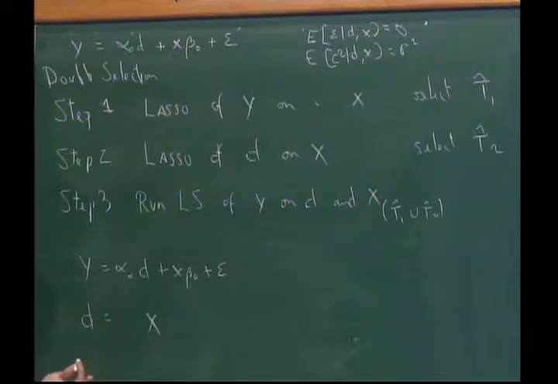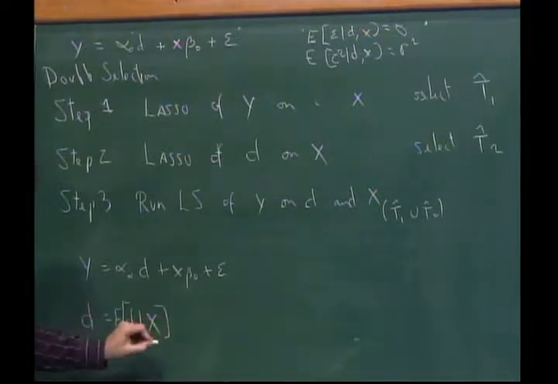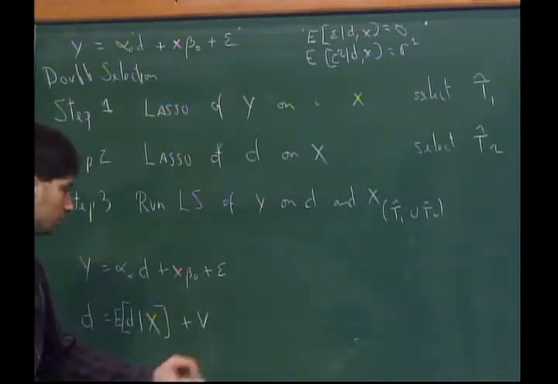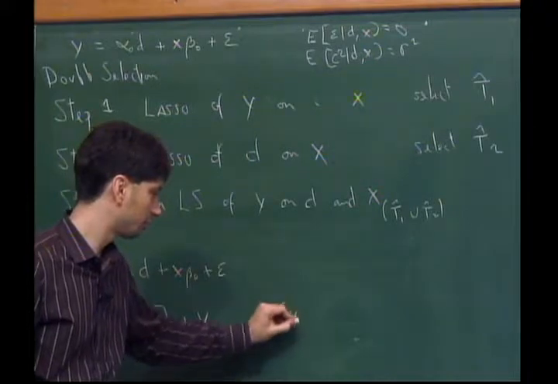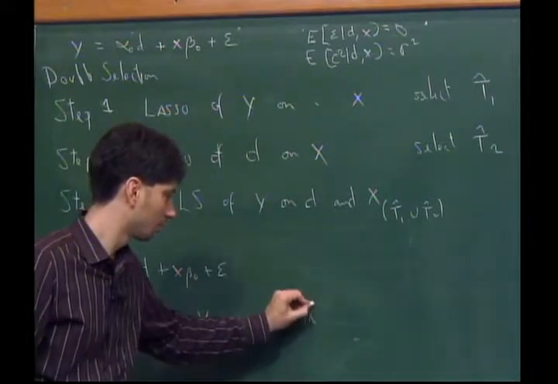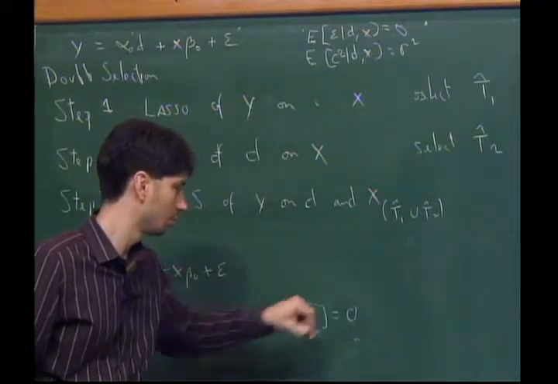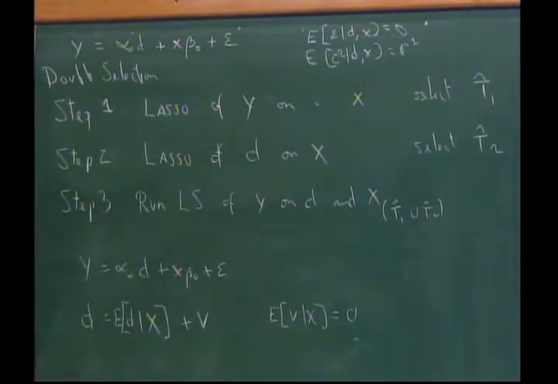There is actually a hidden equation that relates d with x, which is really my concern with confounding factors. If I omit an x that matters with respect to d, I can introduce a bias. That's the potential problem. So there is a hidden equation that relates d and x. A very simple relationship is that d is always the expected value of d given x plus some residual, and the residual satisfies this orthogonality. I can always write this decomposition. So there is nothing that prevents me. And this is just a function of x.